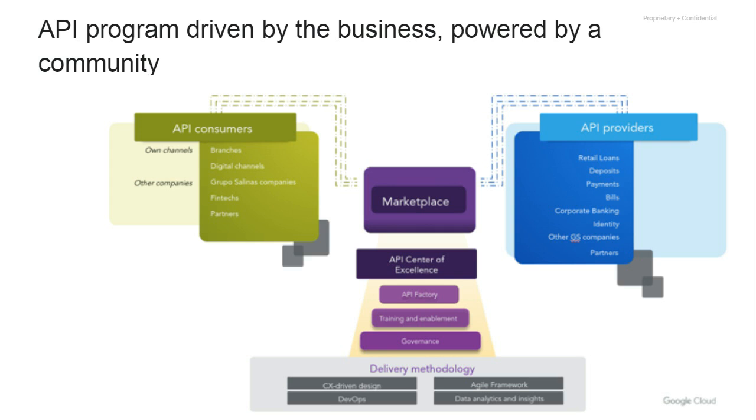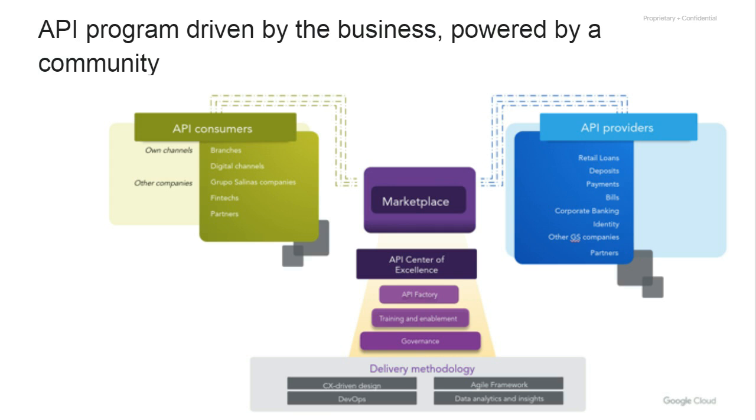What we wanted to create is a community. We didn't want to create an API factory. We wanted to create a community of inside developers and inside business owners that can lead and create new products. We needed to provide them these tools and a governance framework so everyone can be aligned to that, and we don't create two APIs that do the same thing, and to enable everyone to create those products.